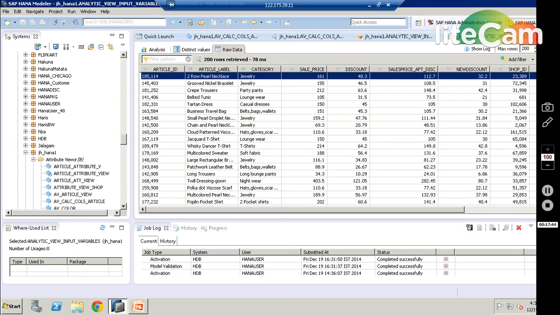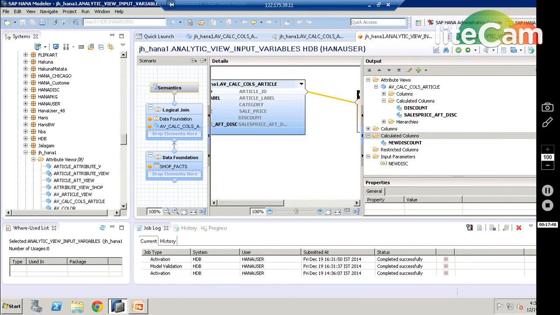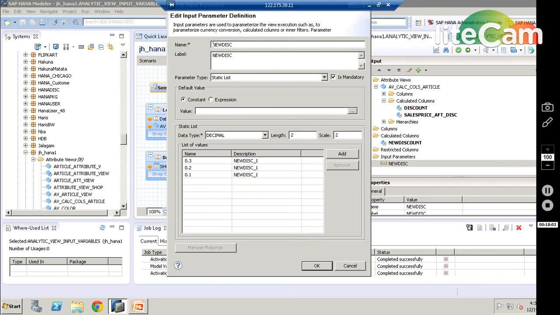Simply, in a nutshell, I'll be recapping once again. You can create an analytic view. In the analytic view, whenever you need to pass any dynamic value for any calculation purpose, you can create an input variable for that. When you click on new input parameter, you will get all these things.